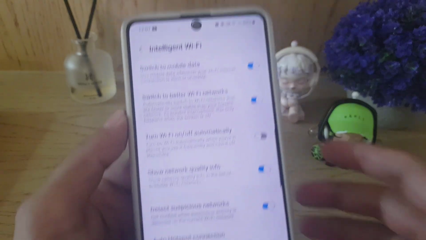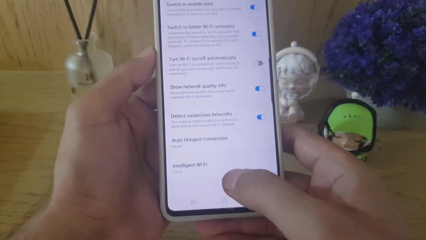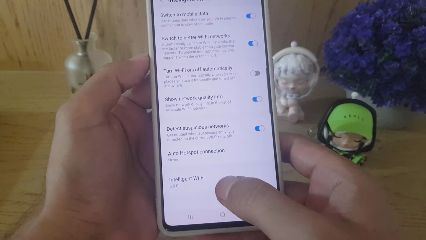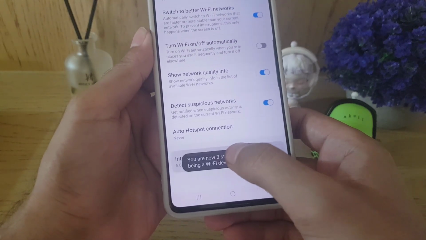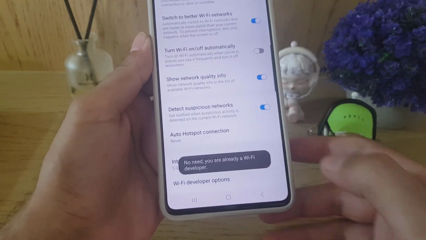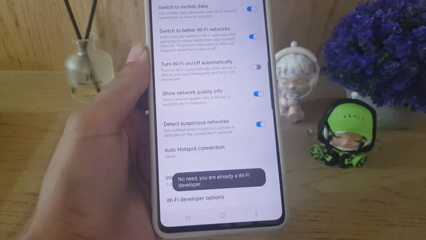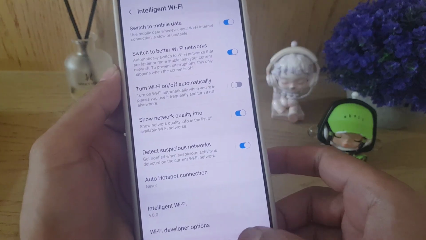Tap on that one. You need to scroll all the way down where you will find intelligent Wi-Fi. So you need to tap on that multiple times. And as you can see, now that is enabled. So I will go back